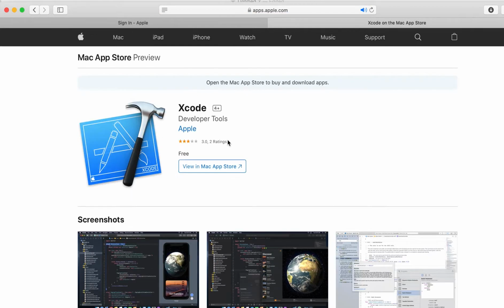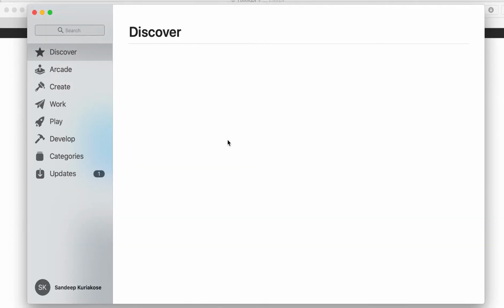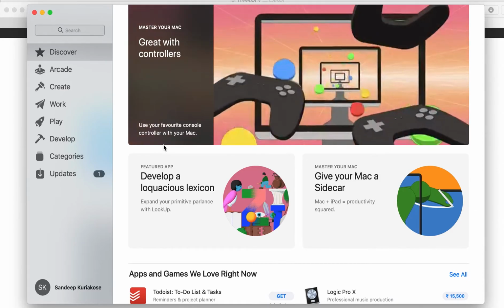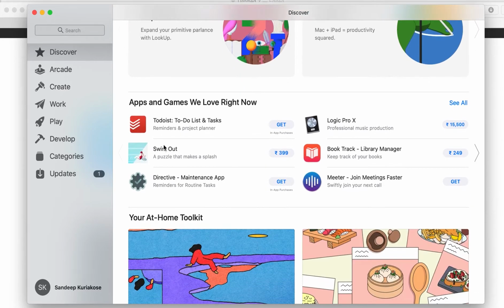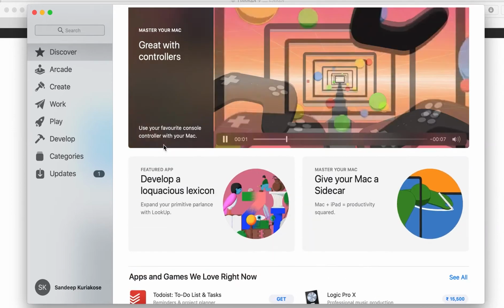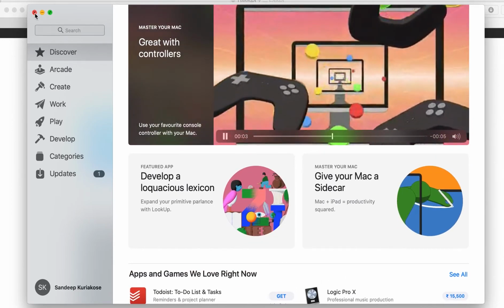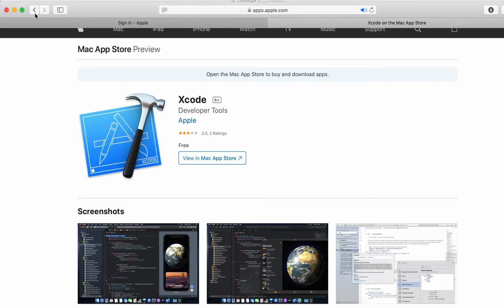As I have already installed this, it is the Apple iTunes, and I have already downloaded it. So we will directly jump into creating our first application.